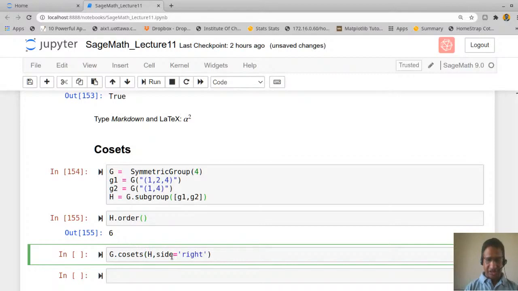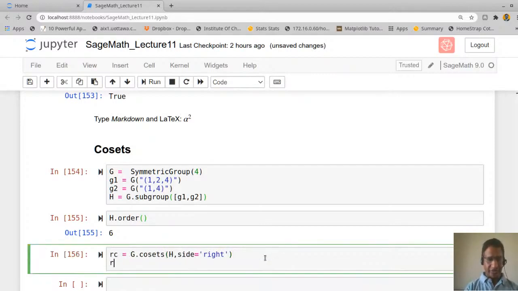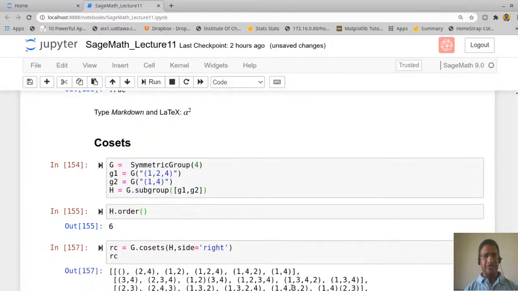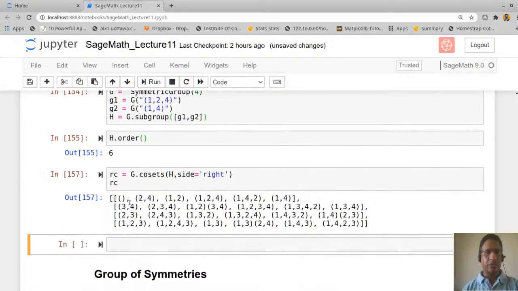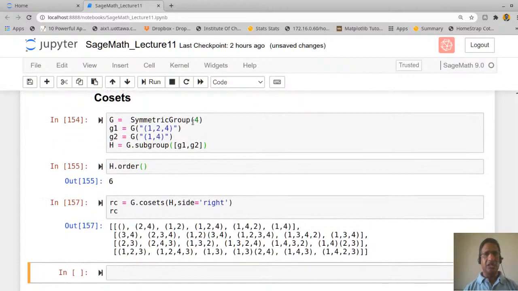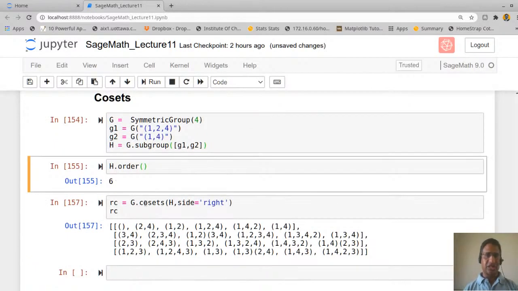Let us store this in RC, which stands for right coset. Now you can see what RC is. This RC is the set of right cosets. S4 is a group of order 24 and H is a group of order 6, so it will have four elements in these right cosets, and that is what you can see here.